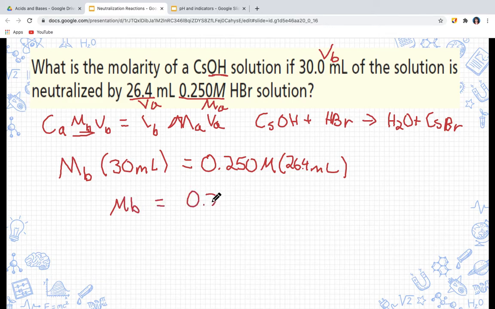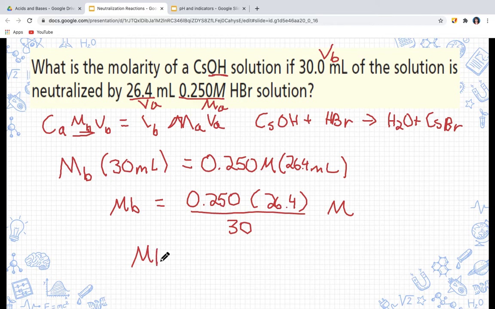Now I'm going to divide each side by 30 milliliters to get the molarity of our base by itself. So we should have 0.250 times 26.4 all over 30, and that should give us just molarity left over because those milliliters are going to cancel out. So if we type that into our calculator and take into account some sig figs as well, our answer is going to be